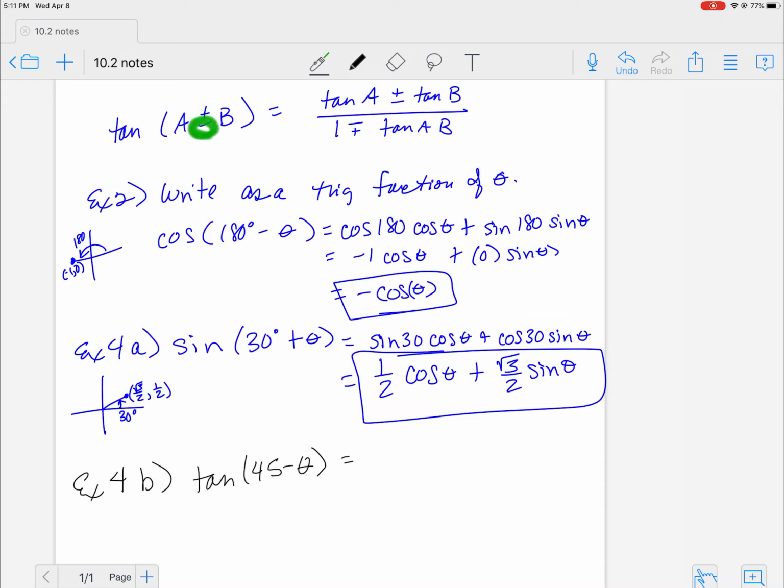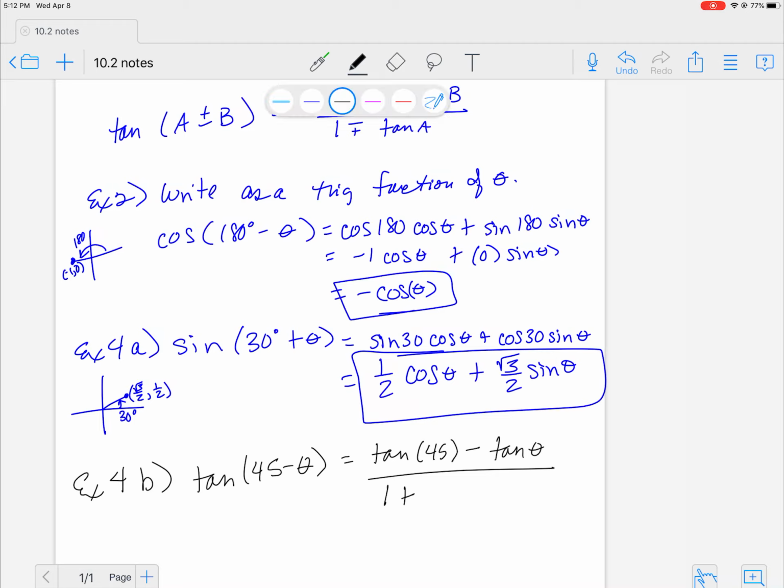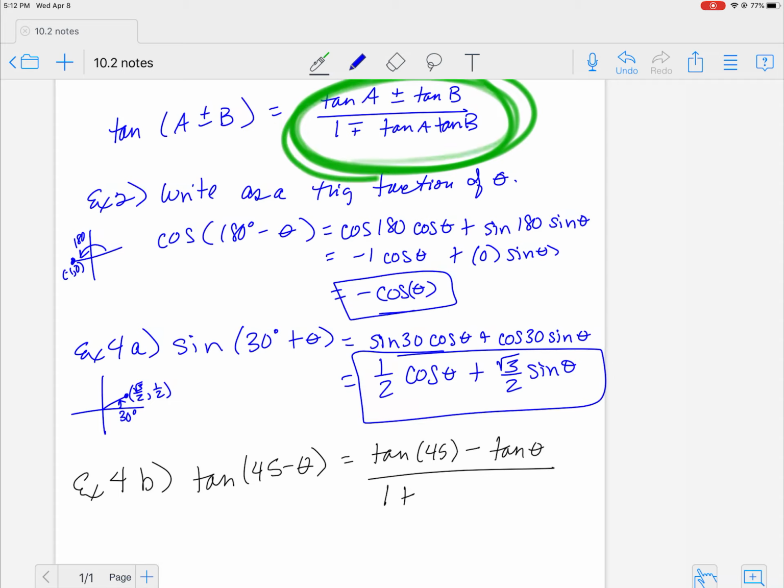Let's change colors because I feel like we're swamped in blue. Here, let's do example 4b. Let's put a minus sign in there. Tangent of 45 minus theta. So now tangent, and I'm doing minus, which means it's the same on top, then opposite on the bottom. So I get the tangent of the first one, which is 45, minus, because it's the same sign, tangent of theta over 1 plus,